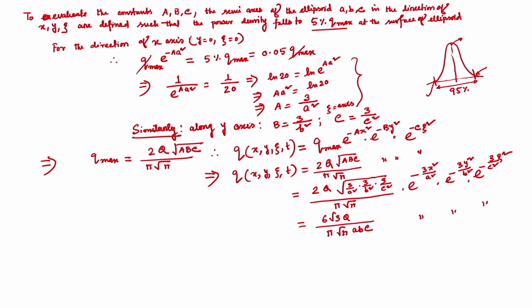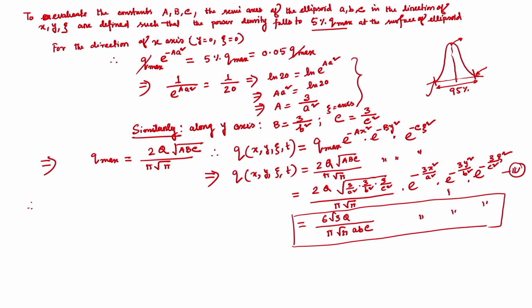Now, generally for considering the front portion of the ellipsoid and the back portion of this ellipsoid, this equation can have two parts. What are those two parts? That I am just going to show. So, for front part, you see this is the equation for moving coordinate heat source. Let us consider this is equation number 4. So, this equation number 4 is for moving coordinate system, this you should keep it in mind.